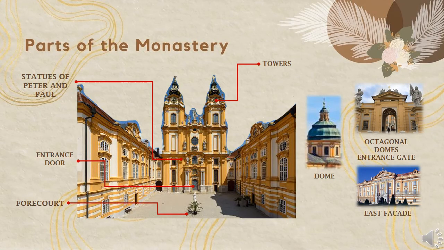Parts of the monastery. You can see here the two towers, statues of Peter and Paul, the entrance door, and the forecourt. Also, you can see here the circular green one is the dome, octagonal domes, entrance gate, and also